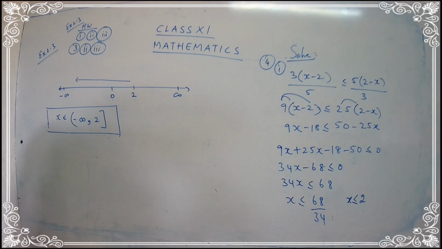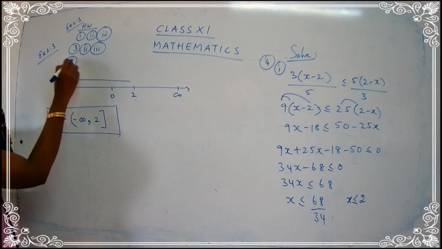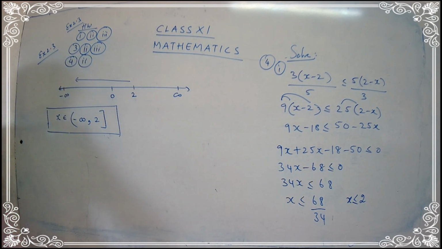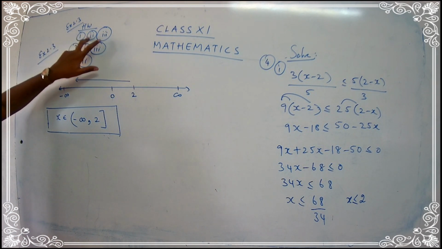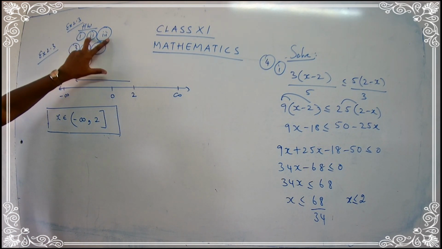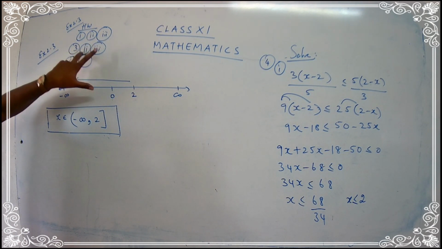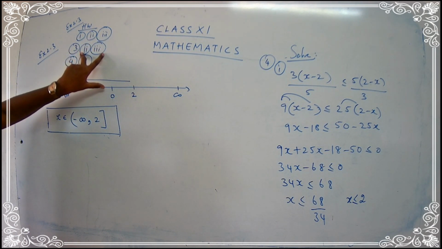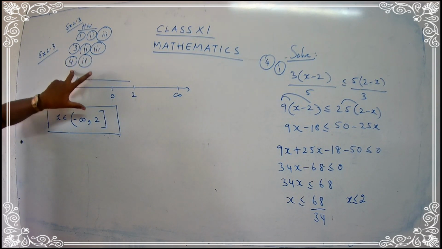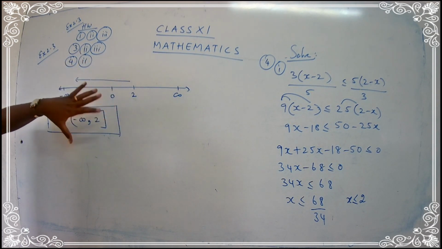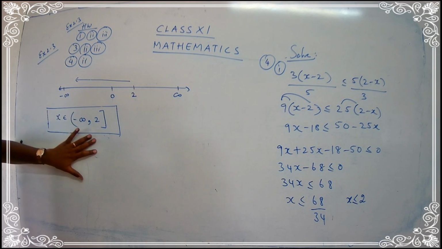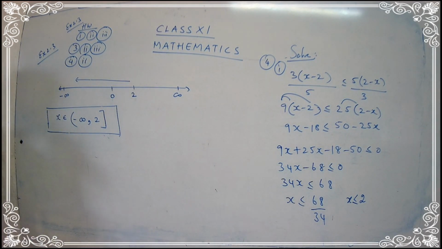So we have completed question number 4, first subpart, and from question number 4, the second subpart will be a homework. So only 5 sums. I'm not going to give you more sums. From question number 1, the second and the third subpart, very simple sums, only 2 lines. You may get your answers in 2 lines. And question number 3, second subpart and the third subpart, again you have 2-line answers. Question number 4, it is just solving. You have to solve and you have to draw a number line and you have to get the interval notation. So question number 4, the second subpart will be a homework.